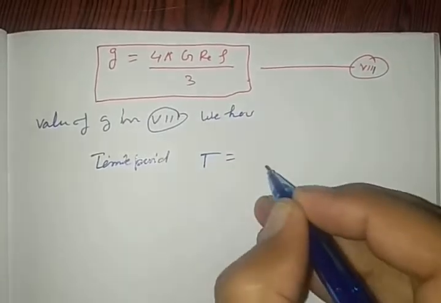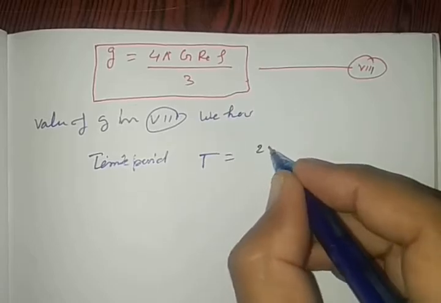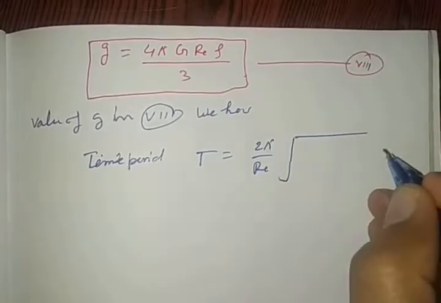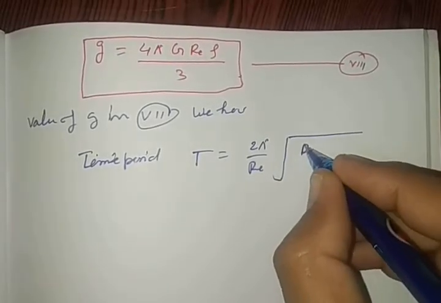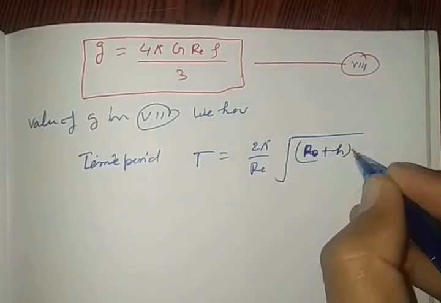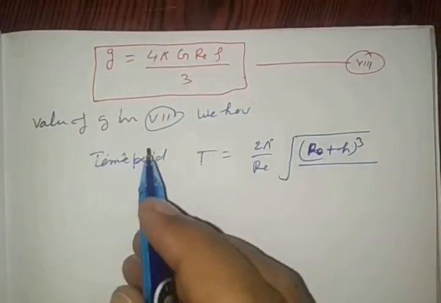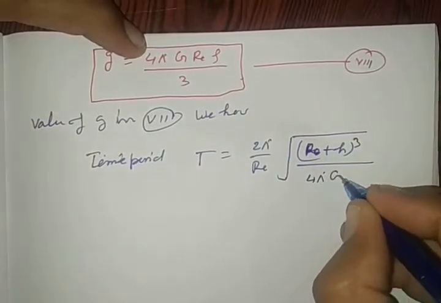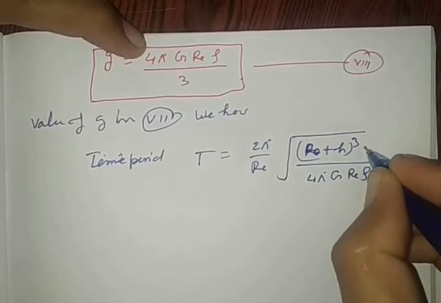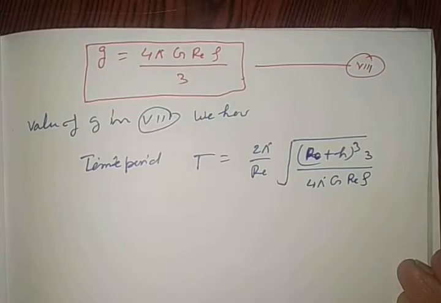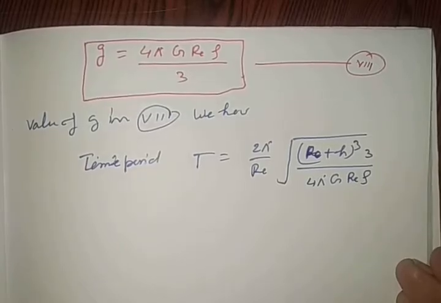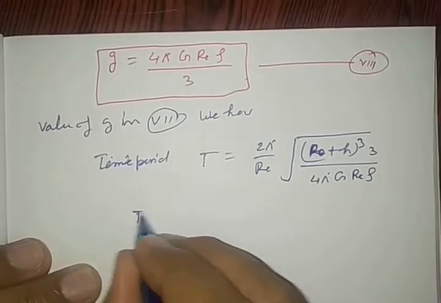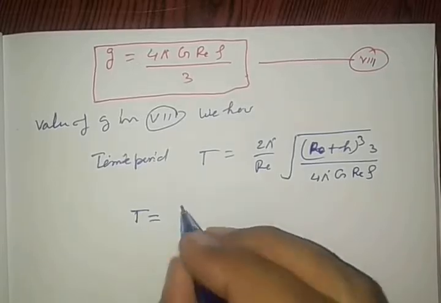T can be written by the formula 2 pi by Re outside the bracket, under root (Re + h)^3 by g. In place of g, see very carefully, 4 pi capital G Re rho by 3 will move upward here in this case. So by solving this and arranging in order, the time period can be written by the formula